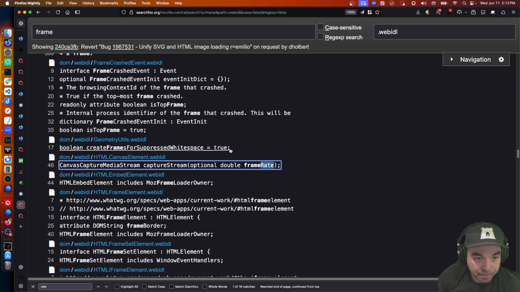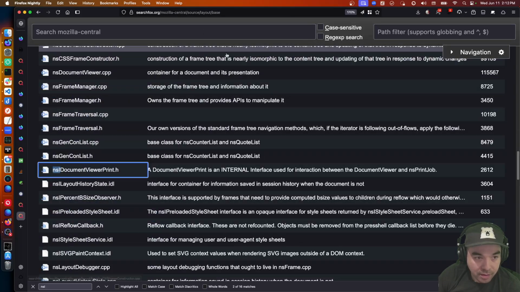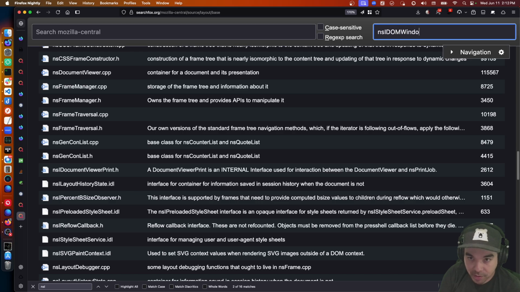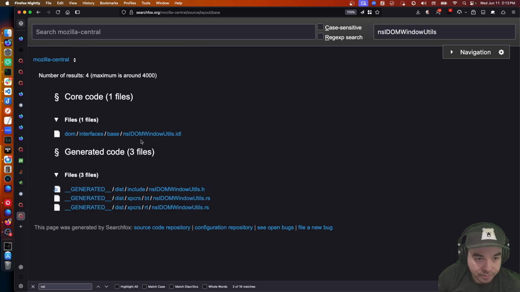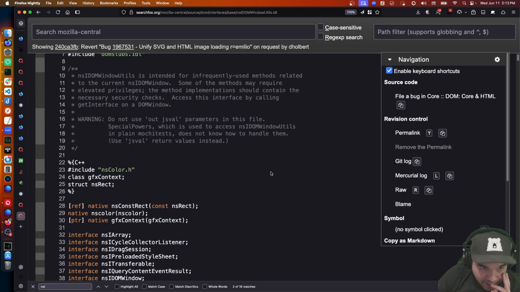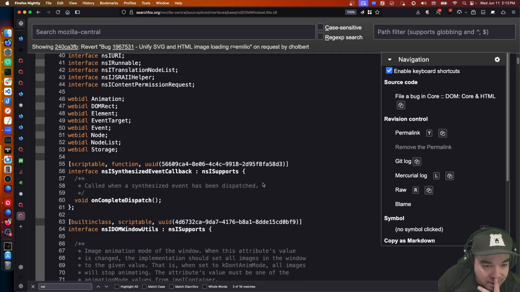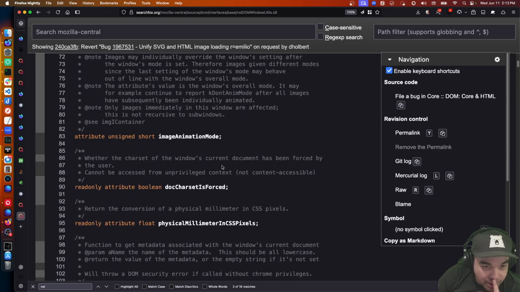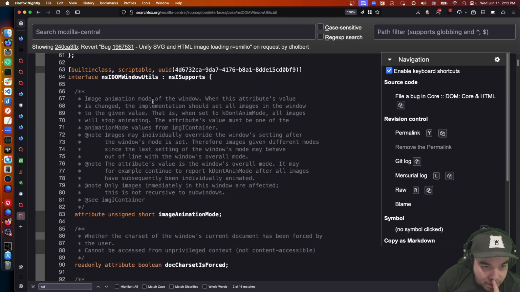Okay. So then, oh, I wanted to look at NSI DOM window utils again. This is one of the ways that we get like extra powers on stuff from script. This, when set to don't anim, all images will stop animating. The attributes value must be one of the animation mode. Oh, that's interesting.